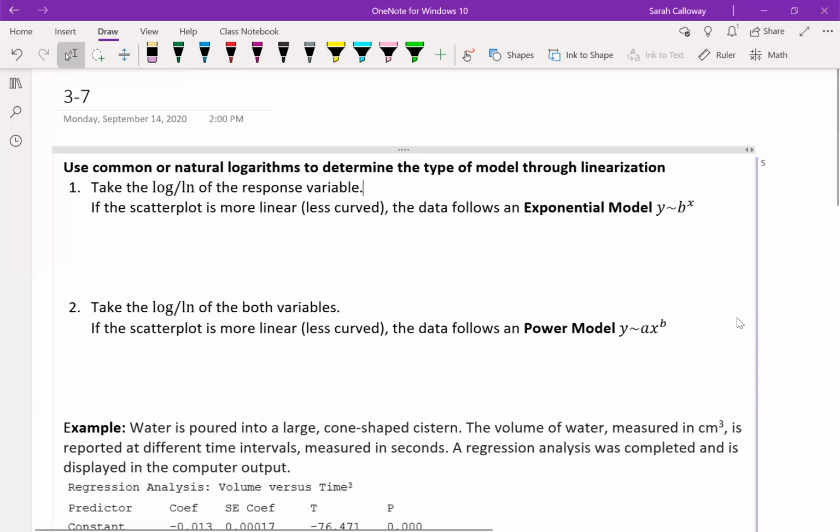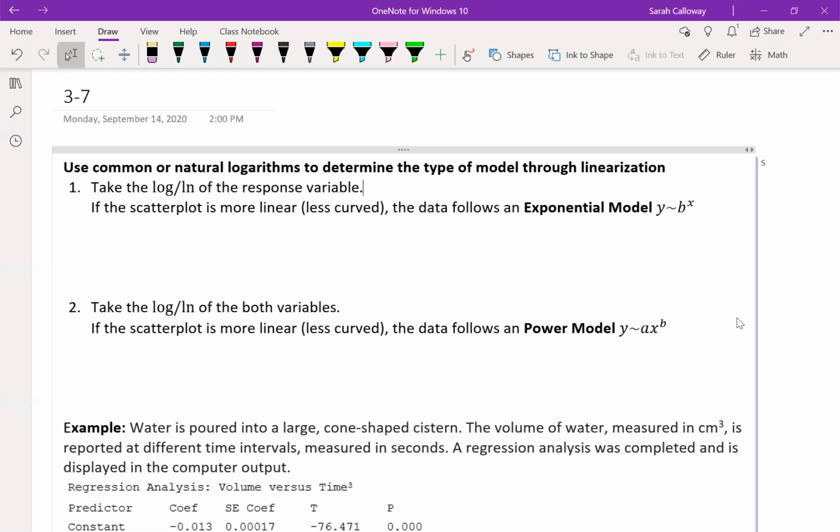This video is on section 3.7, which is titled Transforming to Achieve Linearity. In the videos, they went over transformations to linearize data. They looked at raising data to powers with a power model, and then at using log or natural log to try to linearize a model. The quiz doesn't focus on the power models, so I'm just focusing on the logarithms in